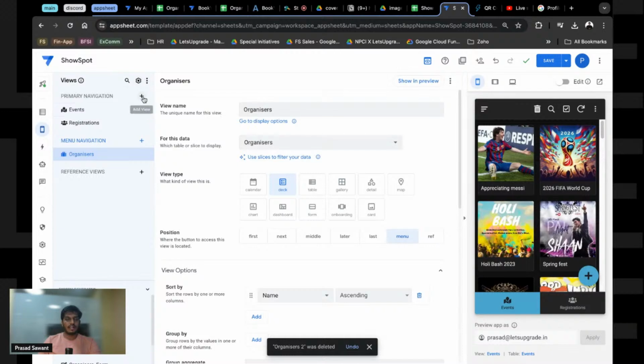So you can basically go and add it here and then move it wherever you want. I hope your doubt is now clear, right? Now the first thing that we want to do is basically, in the events, right? In the events, what we want to do is, first of all,